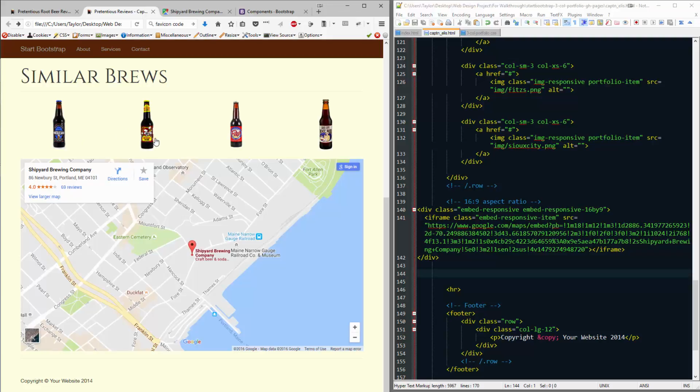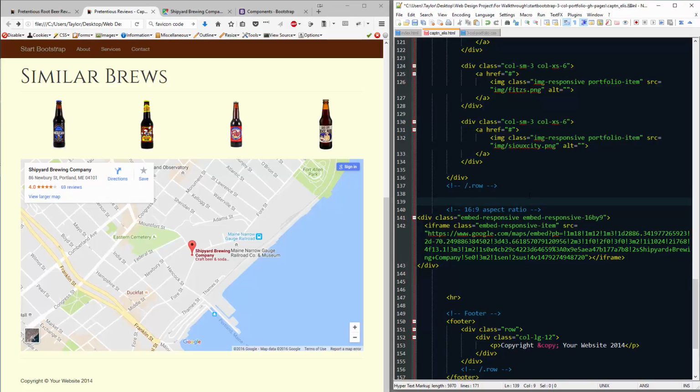map down here. Now, in addition to the map, it would probably be nice if we put a header on here that said what the location was. So why don't we go right above here and add an h3 class, because that's what they were above there. And we'll call this,